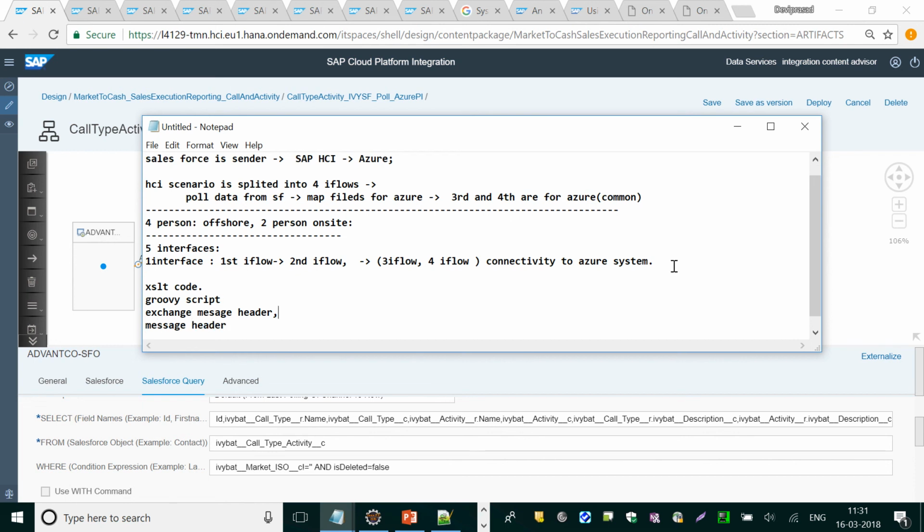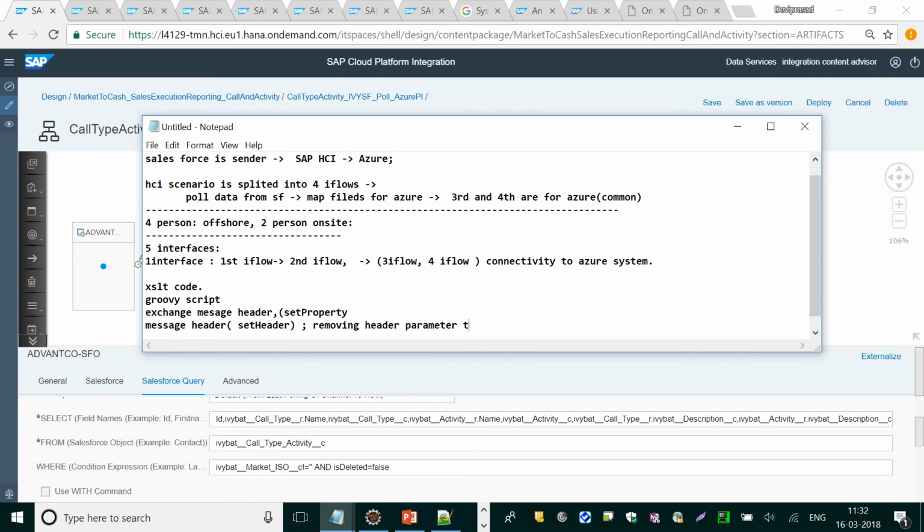Here, calling set parameter, set property, set header, and finally removing header and parameters